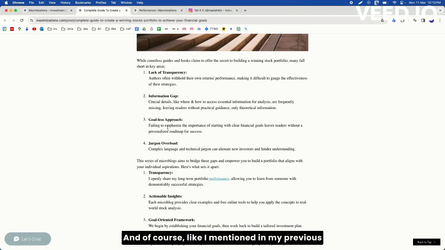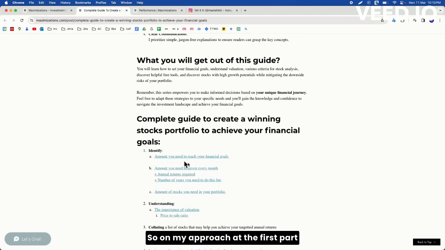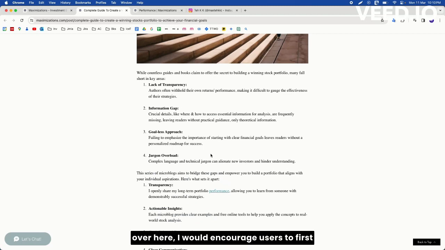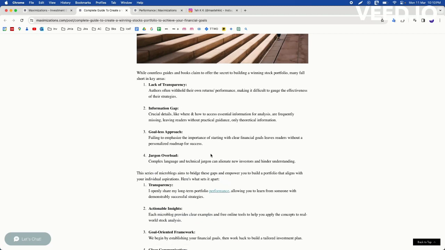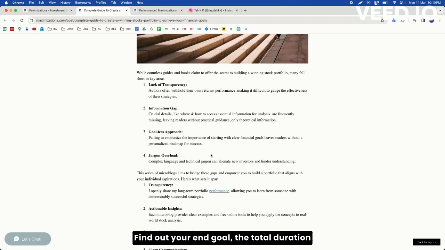And of course, like I mentioned in my previous update, not everyone's financial goal is the same. So on my approach at the first part over here, I would encourage users to first understand what is their end goal, what is their financial end goal. So we work backwards, find out your end goal, the total duration that you'll be giving yourself to achieve it, how much money are you willing to set aside every month to invest to achieve this goal,